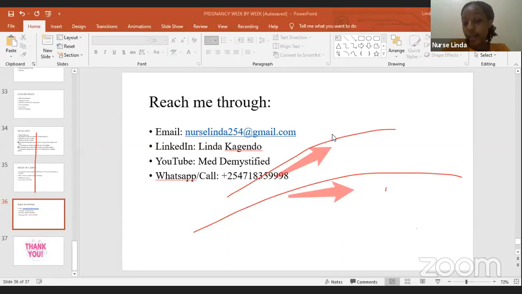Yes, it can. Women really need to be careful with infections. That is why I was talking about the vaginal discharge. Any abnormal discharge needs to be treated. These infections may cause an infection to the fetus. It may lead to their death, and that will definitely lead to a miscarriage. These infections can also lead to untimely opening of the cervix, and this will eventually lead to a miscarriage. So all infections need to be treated.